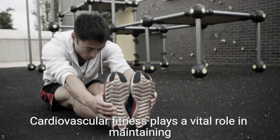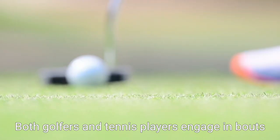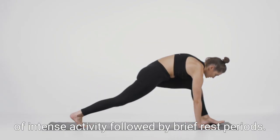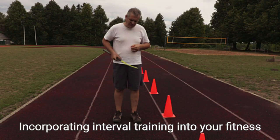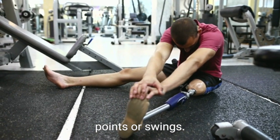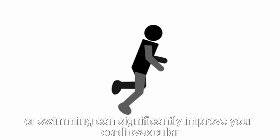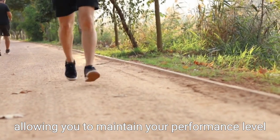Cardiovascular fitness plays a vital role in maintaining endurance throughout matches or rounds. Both golfers and tennis players engage in bouts of intense activity, followed by brief rest periods. Incorporating interval training into your fitness regimen can mirror this pattern, enhancing your ability to recover quickly between points or swings. Activities like running, cycling, or swimming can significantly improve your cardiovascular health, allowing you to maintain your performance level